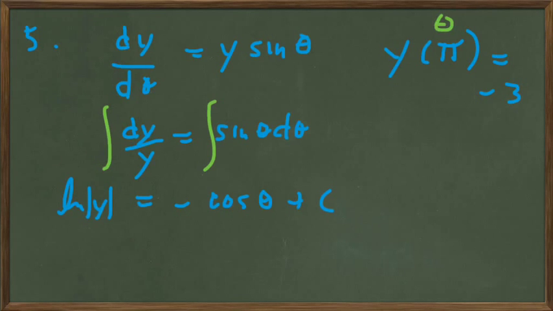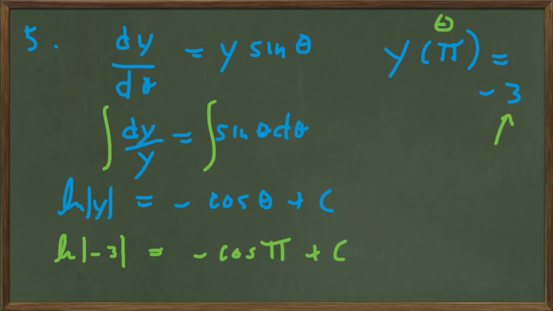This is the value for theta, and that is the outcome value for y. So ln of absolute minus 3 equals minus cosine of pi plus c. Cosine of pi is minus 1, and so this becomes ln of 3 equals minus 1, which is 1